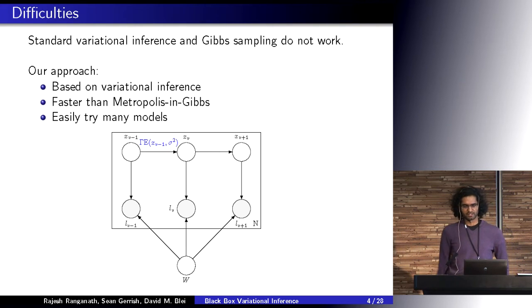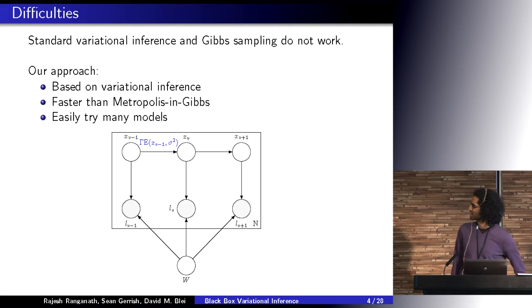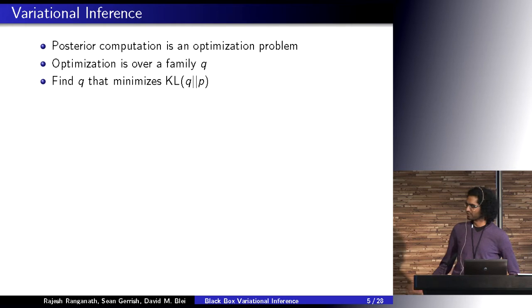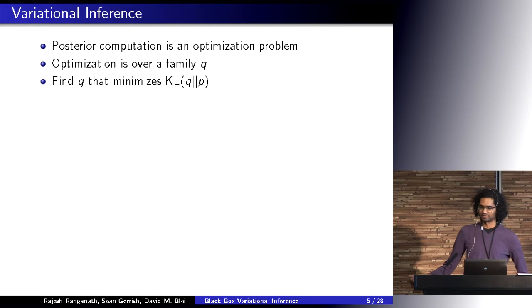Our approach here is based on variational inference. It's much faster than doing Gibbs sampling where each complete conditional is sampled by Metropolis-Hastings. It allows us to try many models. Let's review variational inference. What variational inference says is we want to treat the posterior computation as an optimization problem. Specifically, we want to choose a member of a family Q that minimizes the KL divergence from Q to